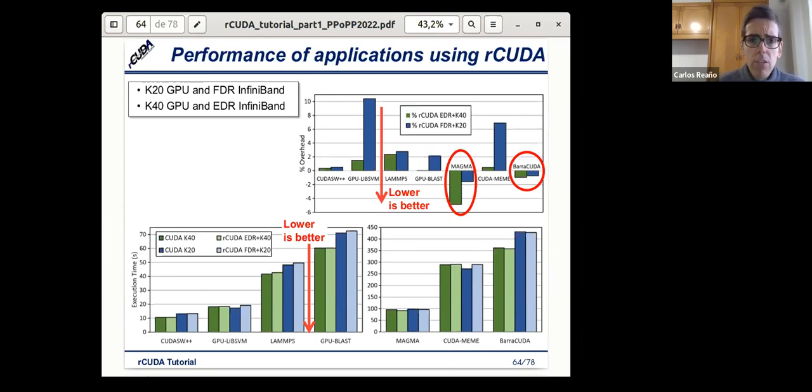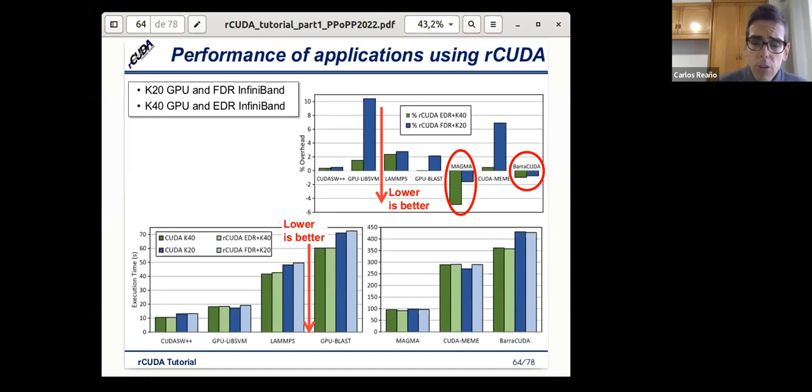In this case, we are showing several examples with different applications. We are showing a comparison of rCUDA compared with CUDA. Here we are showing two flavors for rCUDA. In green, we have rCUDA using an EDR InfiniBand network and a K40 GPU, and in blue we have an FDR InfiniBand network with K20 GPUs.